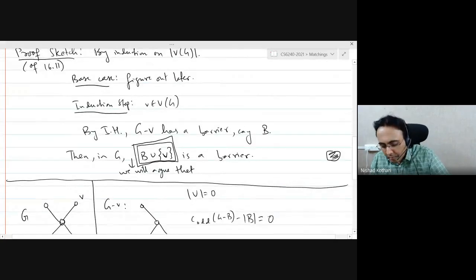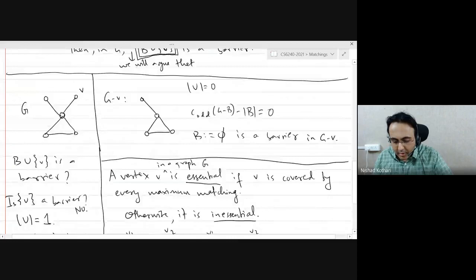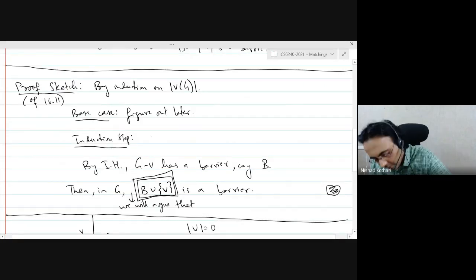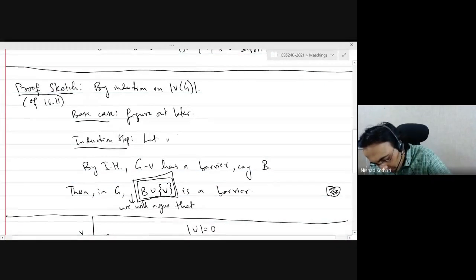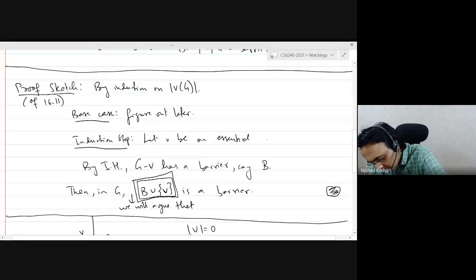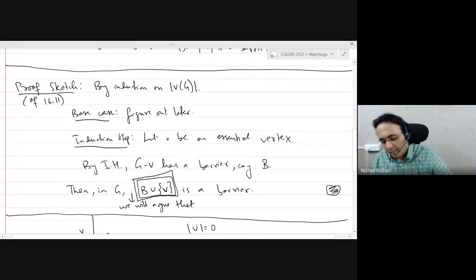So what we are going to do is choose an essential vertex. Let V be an essential vertex. The question, of course, arises, why should such a vertex exist?